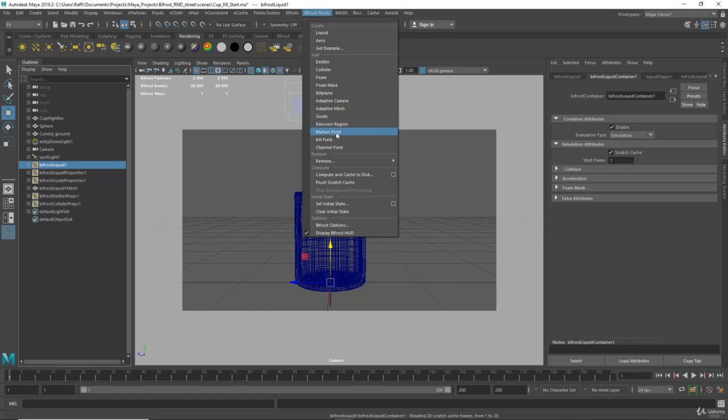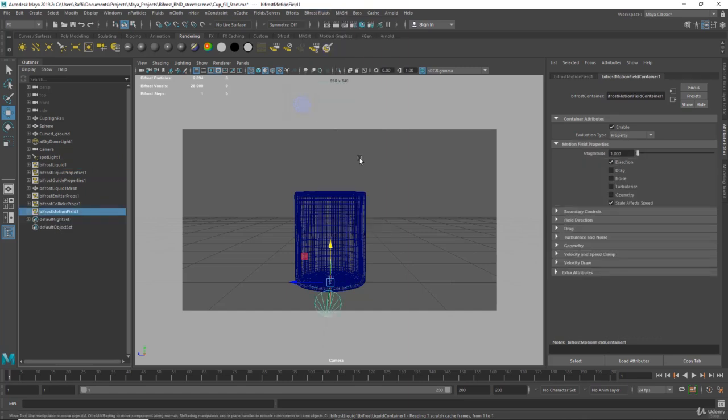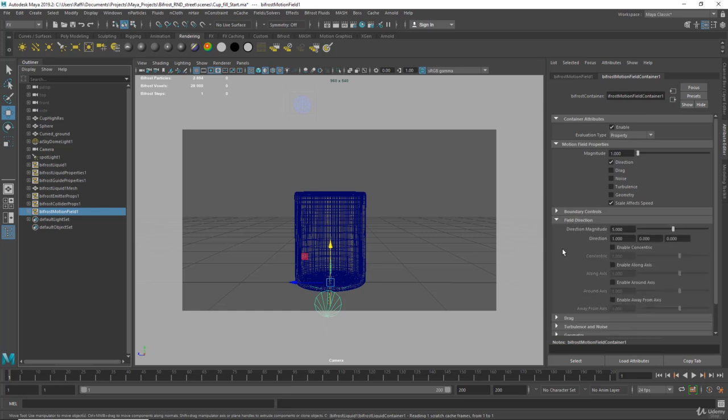motion field? So I want to click on motion field, and now in the motion field you'll see here we have some fields, for example direction, drag, noise and turbulence and so on. So in the direction, let's click on field direction, and I'm going to push the fluid to the right. Right, it's -z, so I'm going to set that to -1 and this one to 0, and let's see, hit